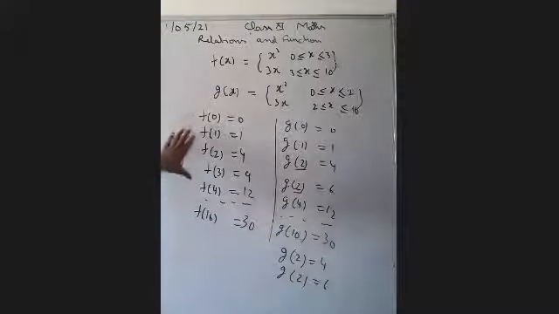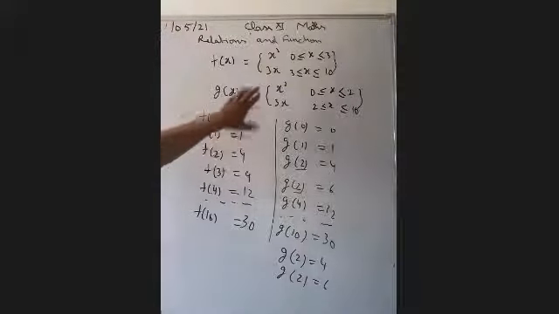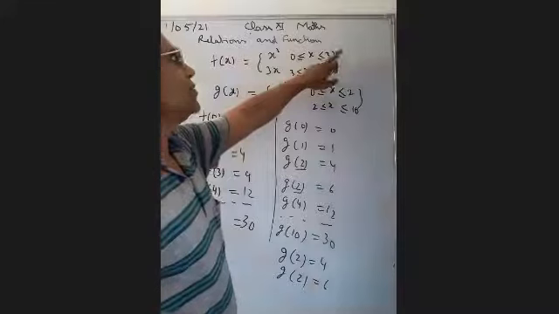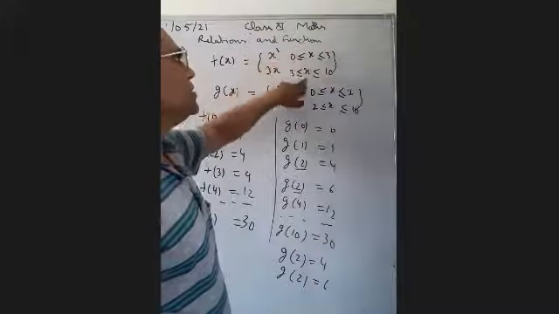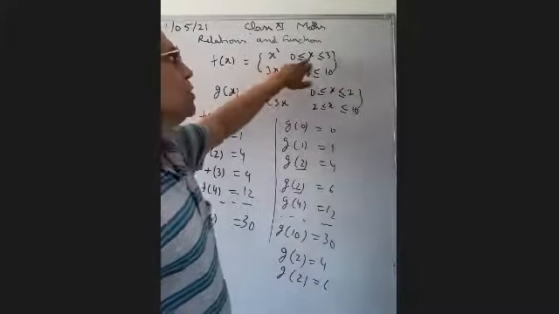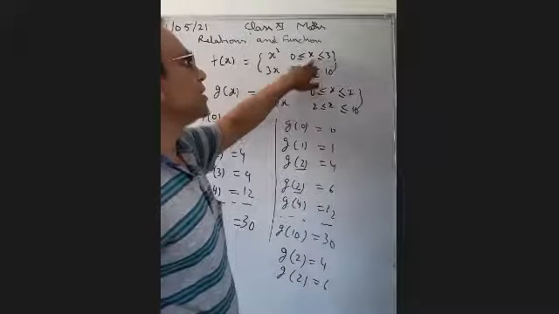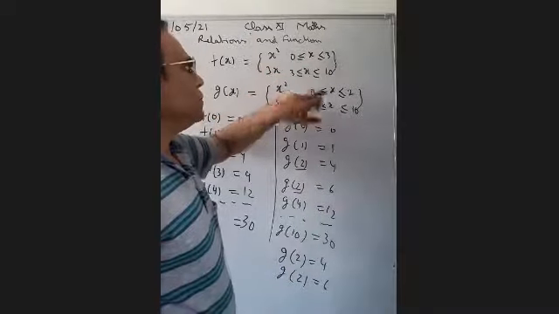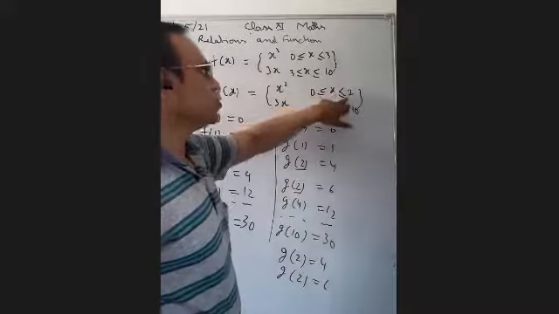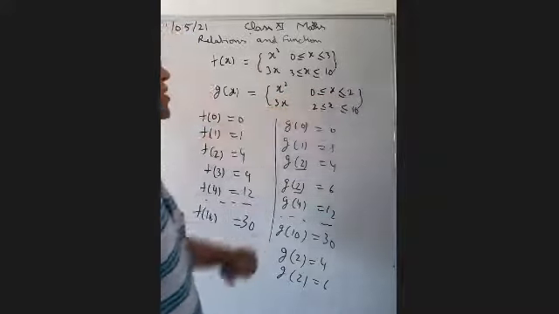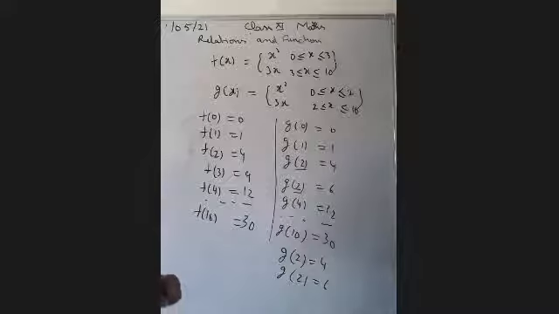Our aim is to show that we are getting the same value if we put x is equal to 3 in this relation and in this relation, because in both cases we have x is equal to 3. But here whenever we get x is equal to 2, we get different values. So it is not a function. This was the logic, okay, to show that f is a function and g is not a function.